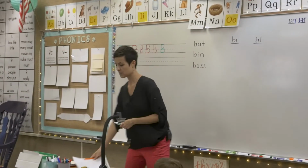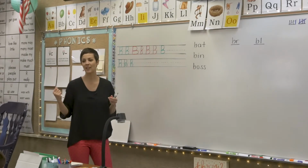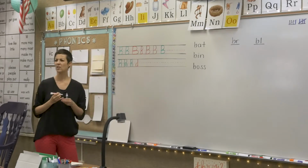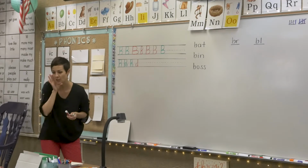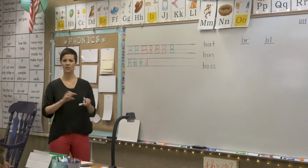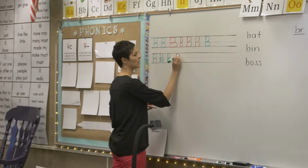Now, here's what some kids in my class last year did. They said, Miss Smith, I realized something. If you start at the middle and you go around, up, down, and you say, I'm not sure if that's a B or a D, all you have to do is check if it's going to grow up into a Big Papa and it will tell you if it's a B or a D. And I said, wait, what do you mean? Show me what you're talking about. And they said like this, if you just draw the top on,